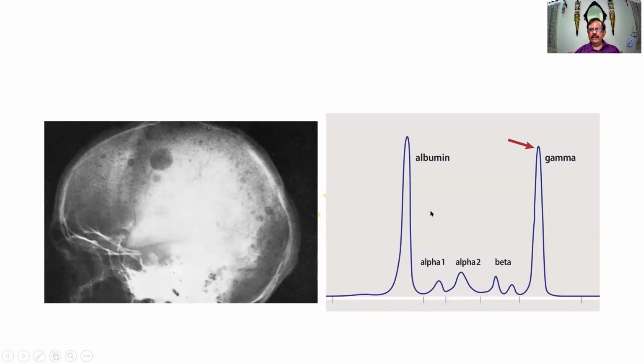This also can be part of the chart. Either all the pictures may be given or some may be given. You people are supposed to explain them. In this one, in the skull, I am finding multiple small and large lytic lesions or well punched out lesions. Very, very classical of multiple myeloma.